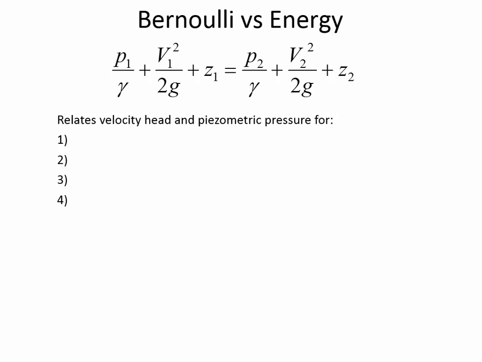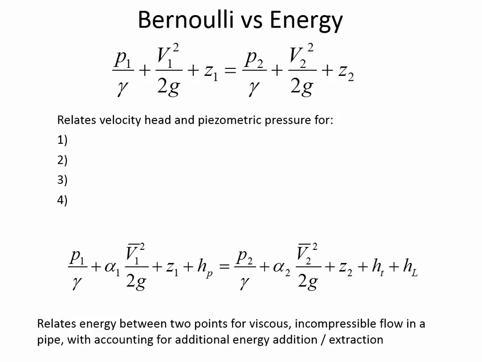So those are 4 things that kind of tied our hands and created situations where if we applied Bernoulli's equation along a pipe where the 2 points are too far apart, then we're going to get into trouble with the inviscid assumption, because when the 2 points are far apart, then you're going to start seeing energy losses. Or if we were using a gas for Bernoulli's equation instead of a liquid, then we get into trouble with the incompressible assumption, because gases are compressible. If we wanted to apply Bernoulli's equation on 2 different locations in the flow field that aren't connected by a streamline, then we've deviated from the assumptions and we're going to get inaccurate results.